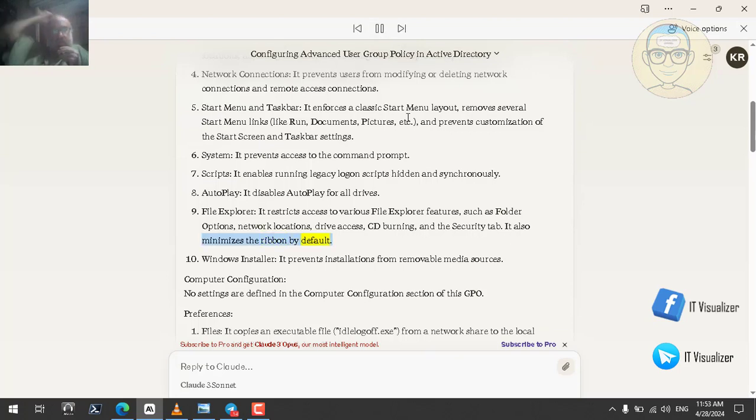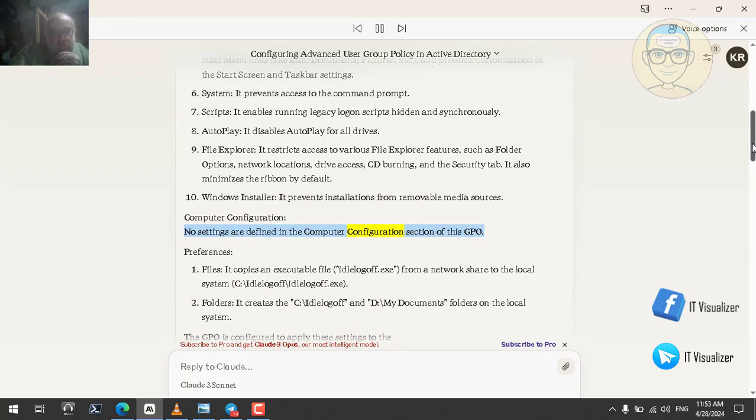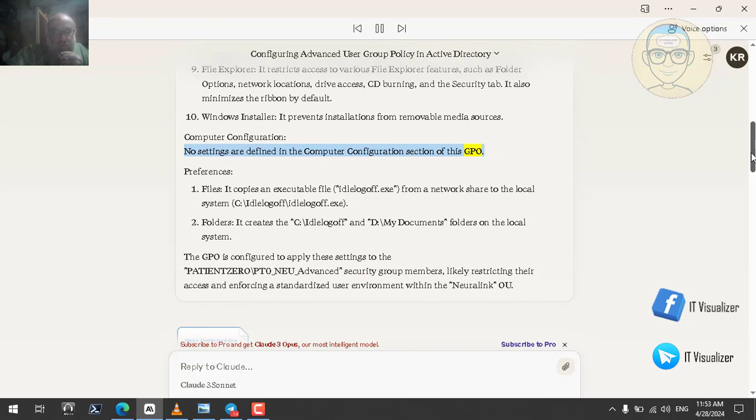Ribbon by default. Windows Installer. It prevents installations from removable media sources. Computer configuration. No settings are defined in the computer configuration section of this GPO. Preferences. Files. It copies an executable file, idlelogoff.exe, from a network share to the local system, c:\idlelogoff\idlelogoff.exe. Folders. It creates the